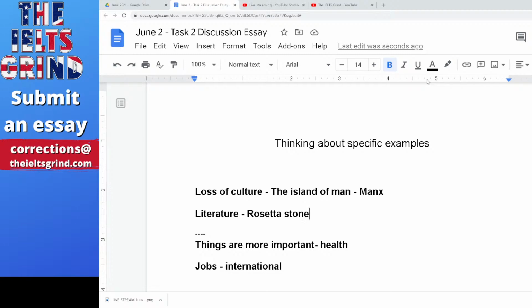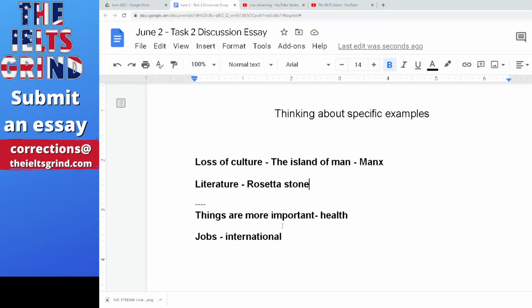So I think there could be a specific example of this. Loss of a language, leading to loss of literature, only to be found with the Rosetta Stone. That's the only thing I can think of for that. Okay,